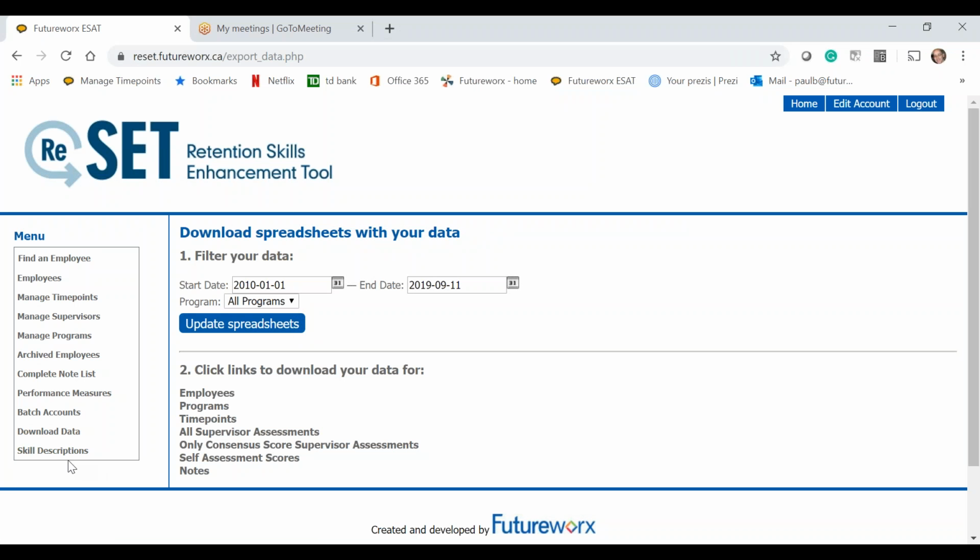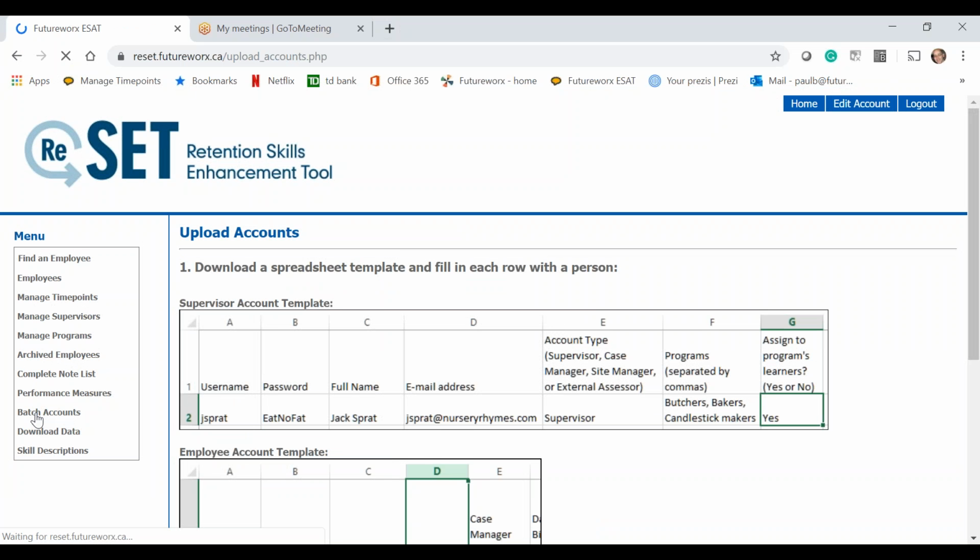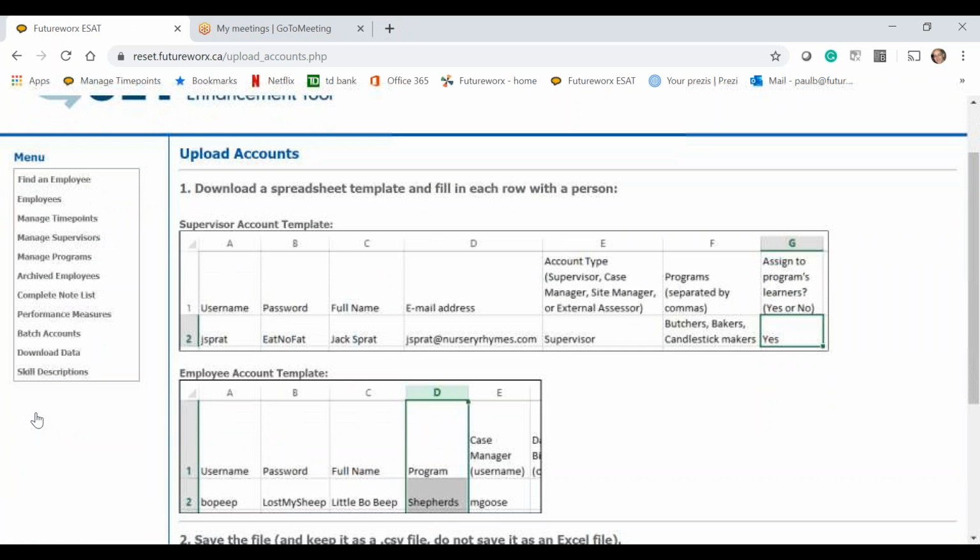The other new feature is the batch accounts feature. This should be used if you want to create a large number of either learner accounts or staff accounts. So you're given two templates. The first thing you do is click on either one of these. This one is for the employees or learners. This one is for supervisors or staff. So if I click on that,